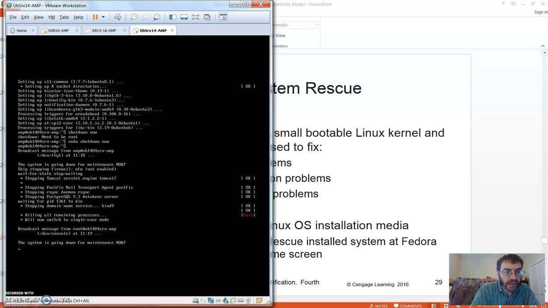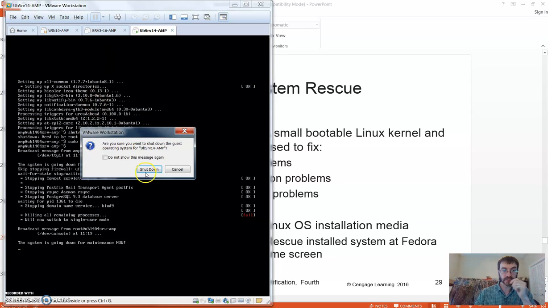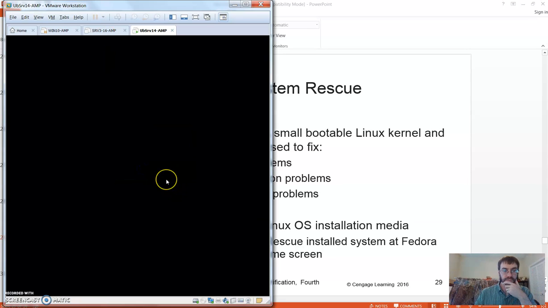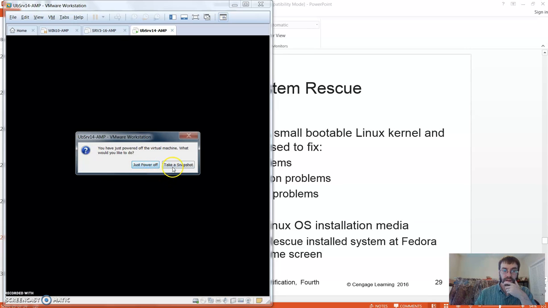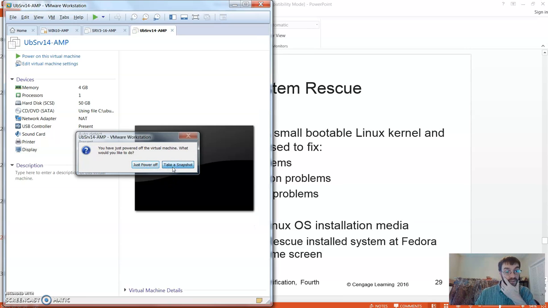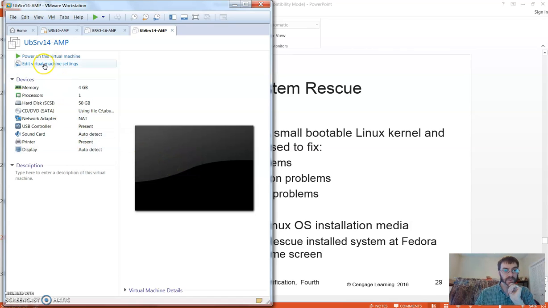So it was stopping services. Stopping Tomcat, stopping rsync, stopping everything. And I believe it's probably done. So now we can shut it down. And it's going to ask me if I want a snapshot. Shut down. And I take a snapshot. And now I need to figure out how to create the